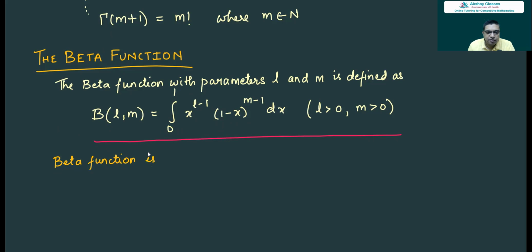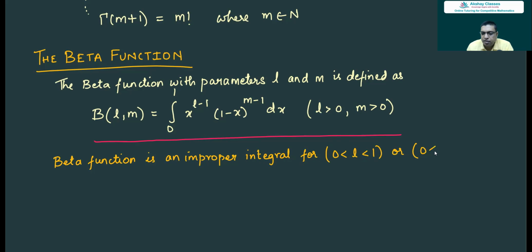So the beta function is an improper integral for L lying between 0 and 1 or M lying between 0 and 1 or both simultaneously,